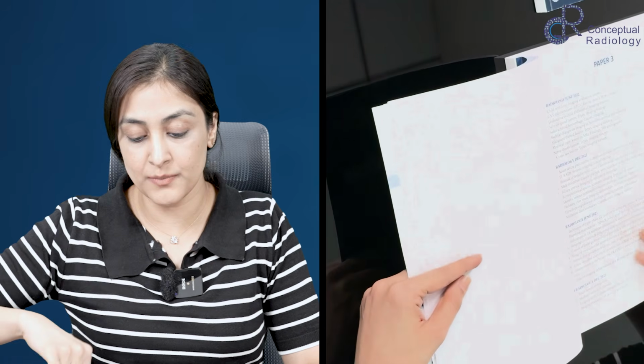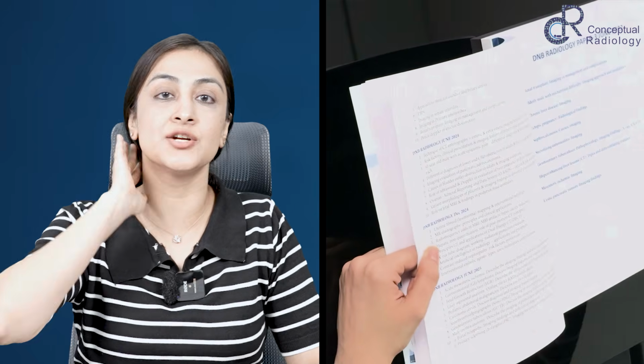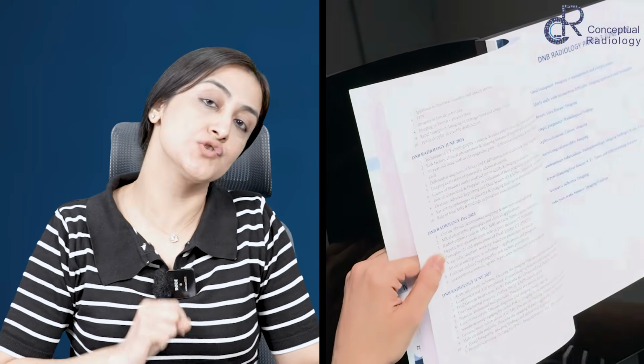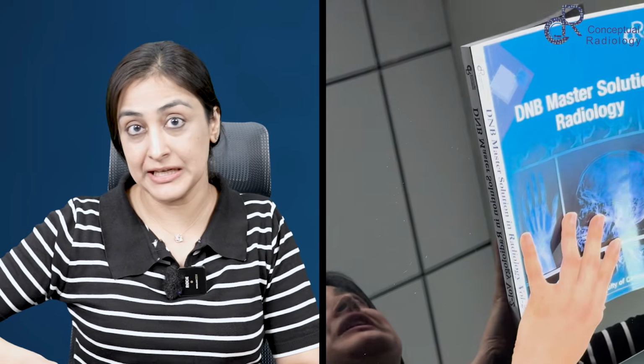When you see from 2022 to 2025 what topics are being asked, it also gives you an idea of what topics you want to focus on, so that when you are revising in depth from the lectures and the notes, you focus on these topics. So this first page of each paper I feel is the most important, right? Because that tells you what topics you are lagging in and what you have to cover, right? So that is about the DNB papers.